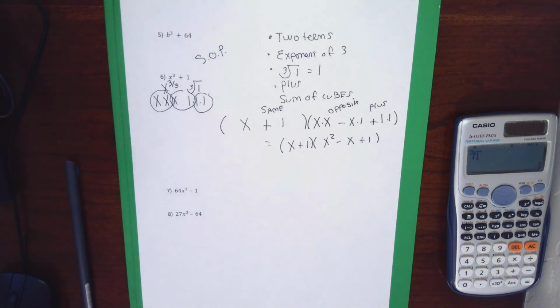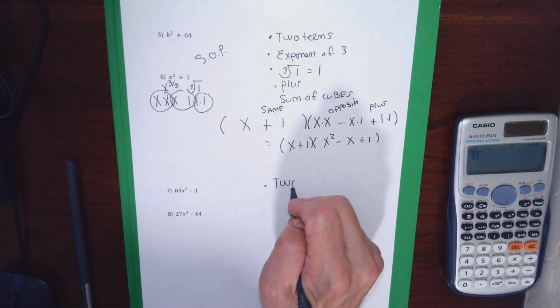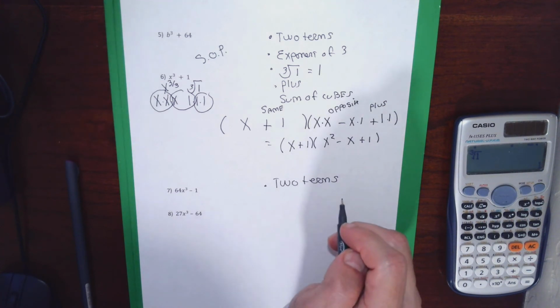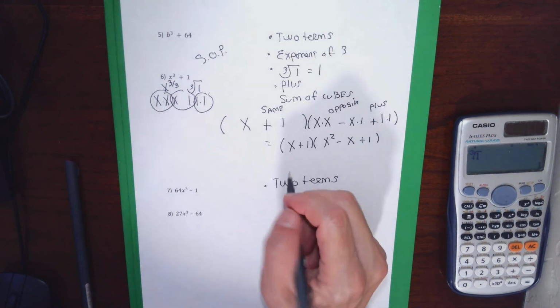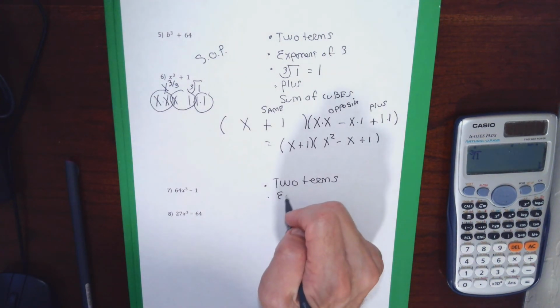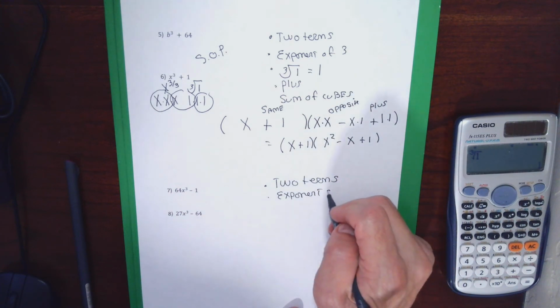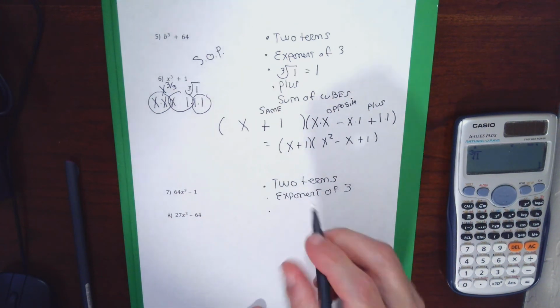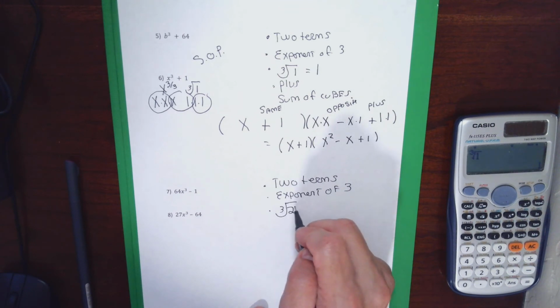Problem 8 is also a cube problem, specifically in the world of number 8. It has 2 terms again, and for us, a 2-term problem is either going to be a cube or a square problem. When the exponent is 2 and I have 2 terms, it's likely a square problem. When the exponent is 3 and I have 2 terms, then it's probably a cube problem. To be a cube problem,